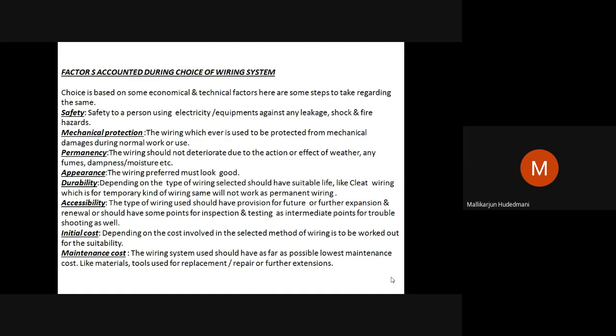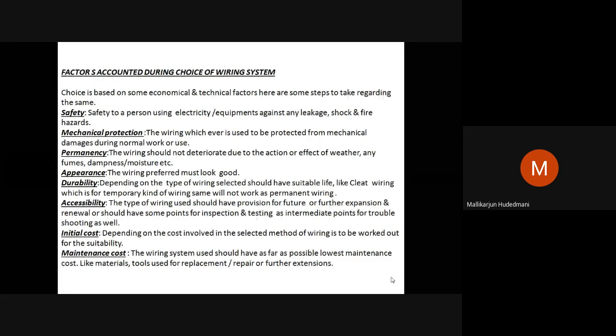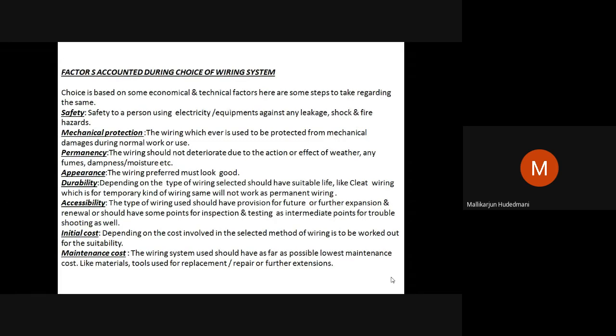Suppose today I build my house on the ground floor, and a year later I plan to build my first floor. Then how do I get a connection from the ground floor to the upper floor? If no proper terminals are left for an extension, it becomes difficult for those living there. Therefore, accessibility should be there. Suppose a wiring is burnt, I should be able to replace it. How to replace? In the manner the wiring has been done.